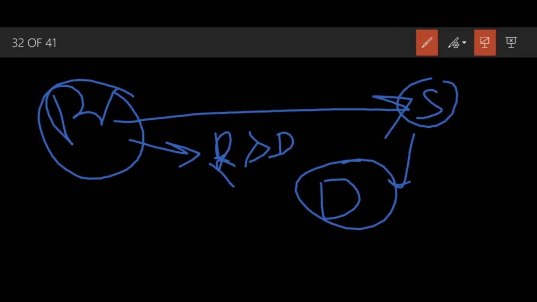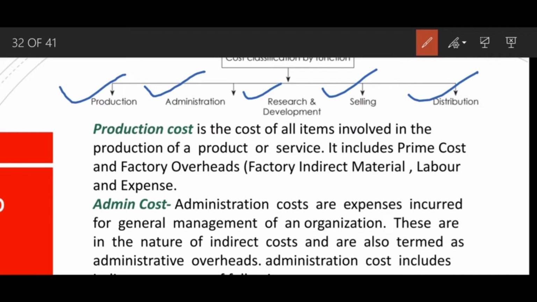If any research is pending on such a product, or if in any way the quality of the product can be increased, R&D will work upon that. Meanwhile, the selling department will give commissions to agents and make it distributable to the public at large. So this is how the process starts and ends.